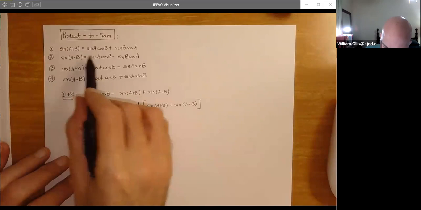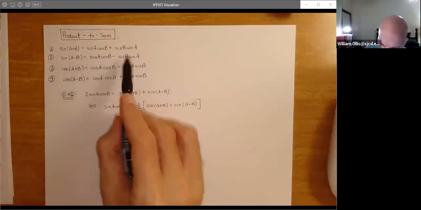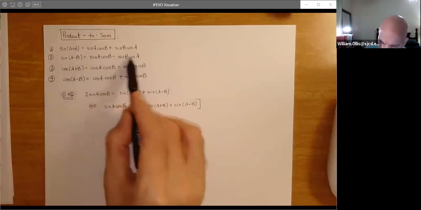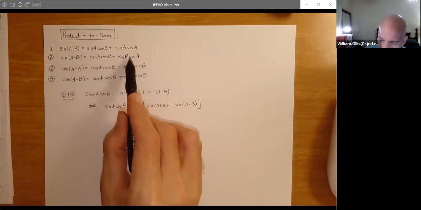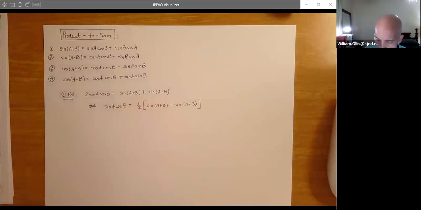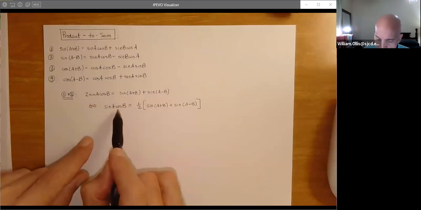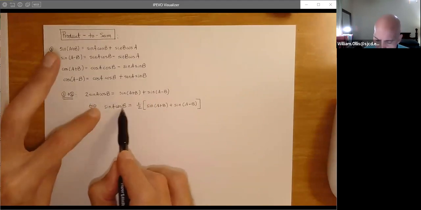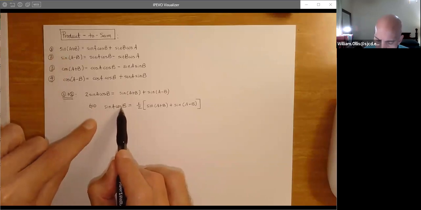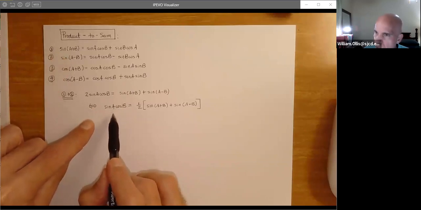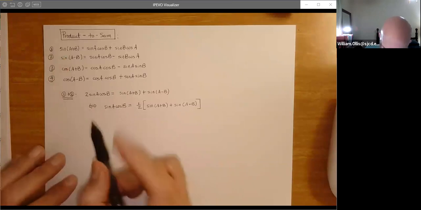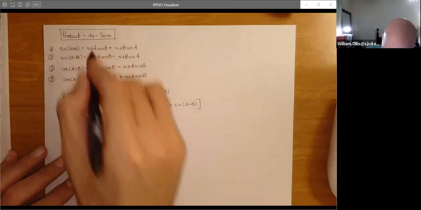Okay, now we're thinking, all right, do I need to worry about another one? Well, I'm going to go ahead and write the other one down just because it ends up in the list, even though it seems a little bit redundant. I could just flip these around and replace cosine. For instance, here, if you like, just replace B with A and A with B. Can we do that? Let's do it. Let's get a free one and just forget this for now.